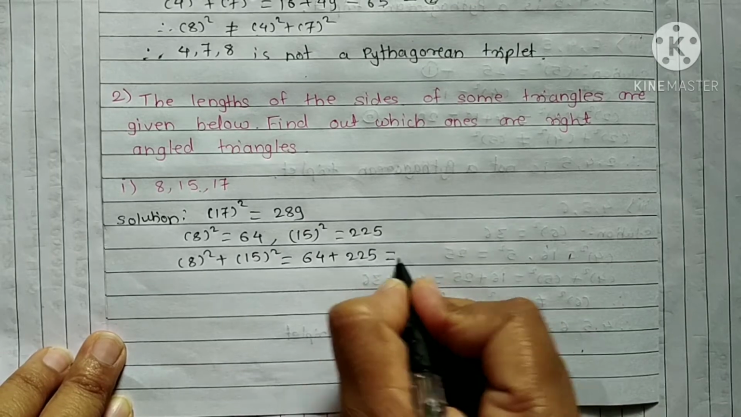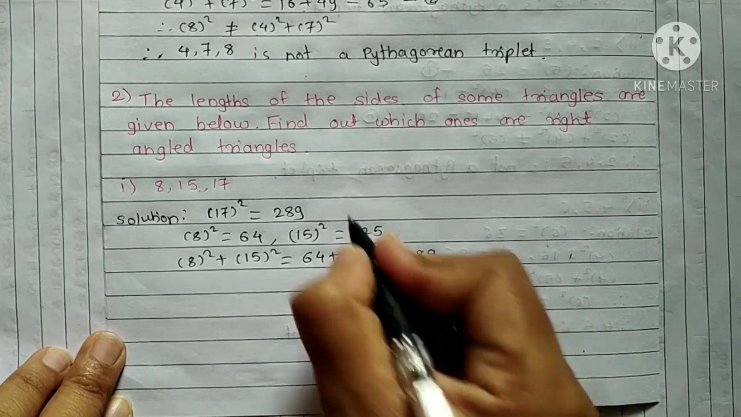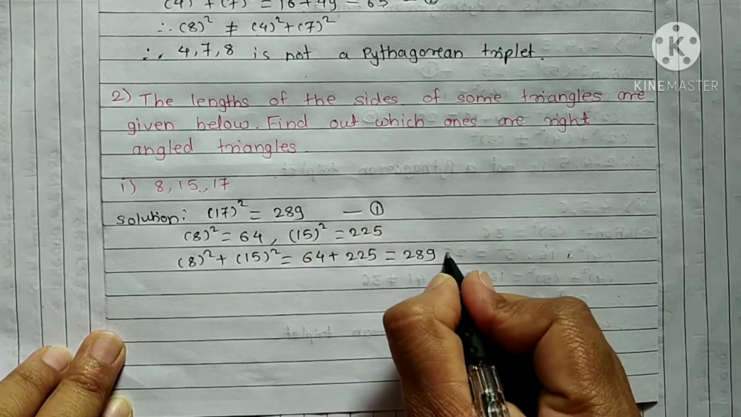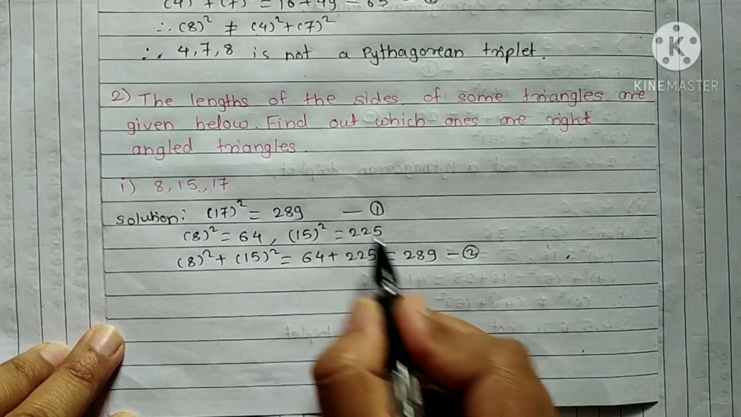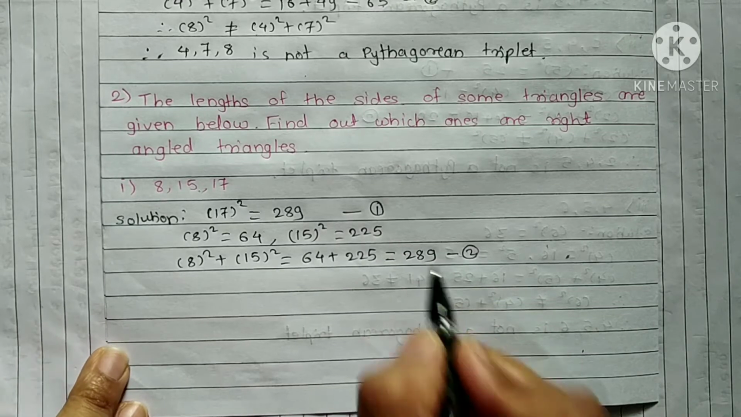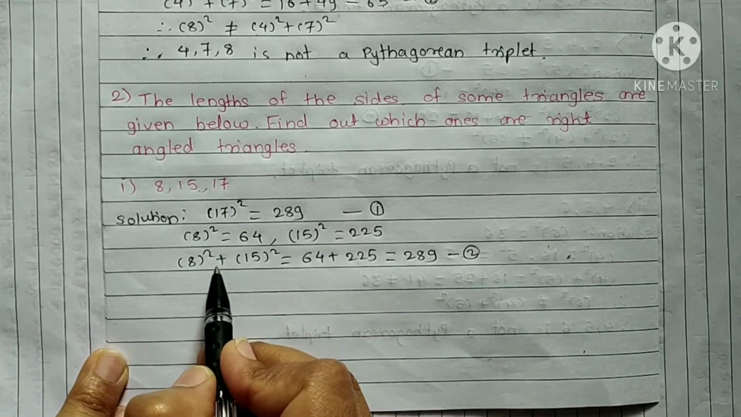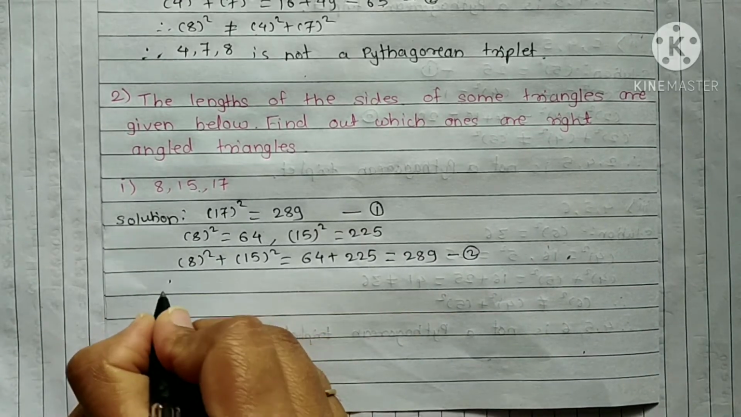After addition you get 289. Now see the right hand side of expression 1 and expression 2, both are the same, 289. That means the LHS is also the same. Therefore, from 1 and 2 we can write